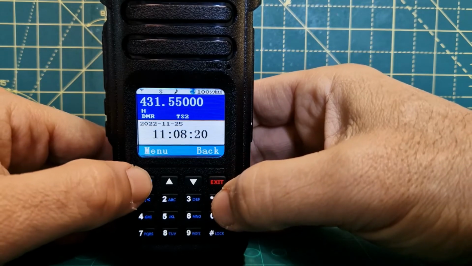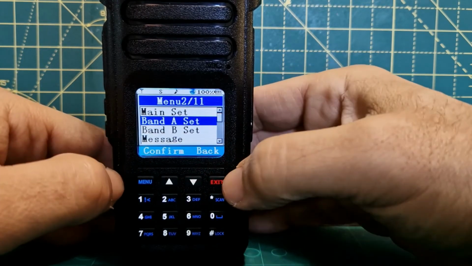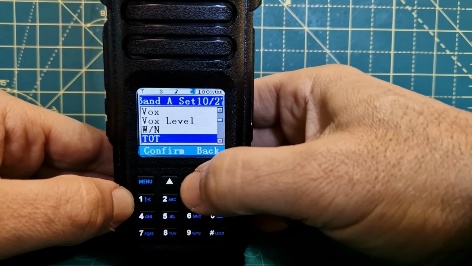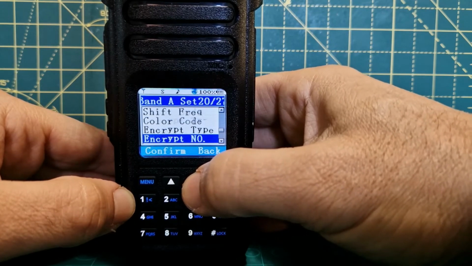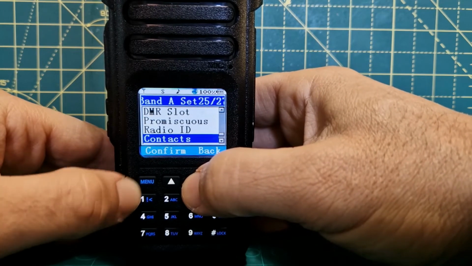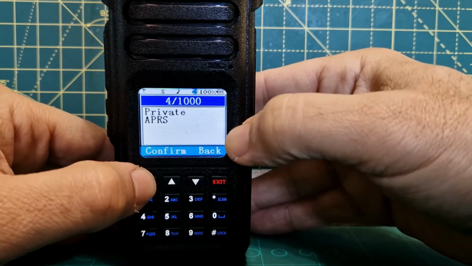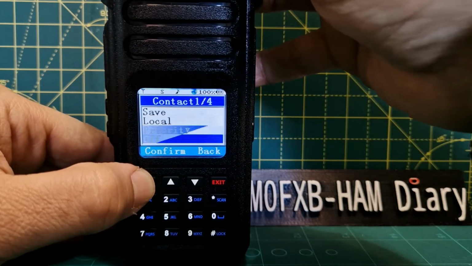So now what would happen is when you do create your channel, go menu, down to band A set, menu, and you're going down through all the settings. When you do select the contact thing, which is so important, you'll be able to select it because that is your talk group. You see, if you click confirm, and you can go choose, the best place to choose is to go to